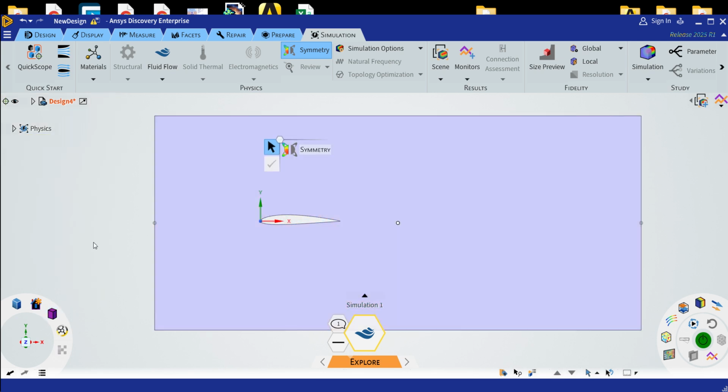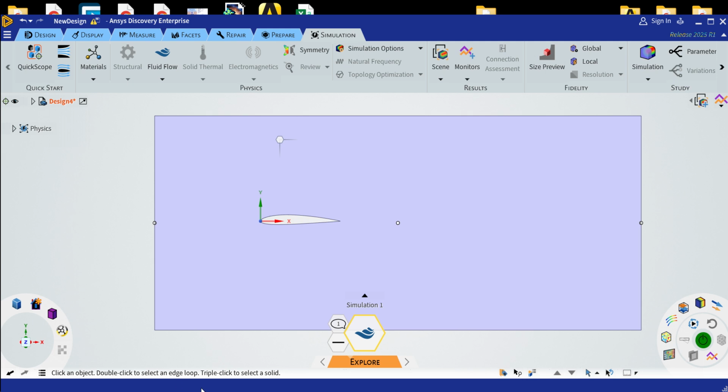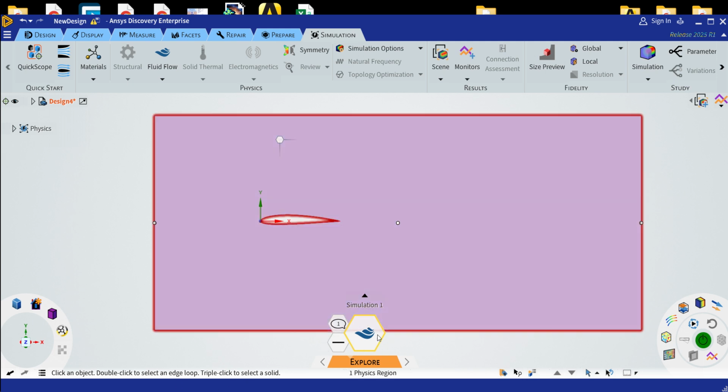You can press escape to clear everything. You see, once everything is properly defined, then only this green color solve button will come. If some errors are there, this button will not be enabled. Also, there is a notification here which will show all the errors it is getting. And this ring